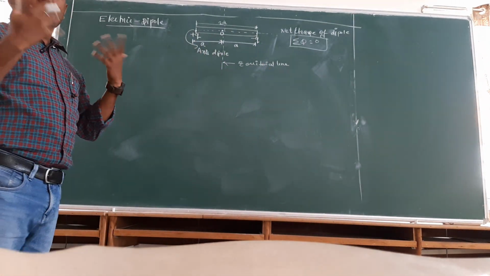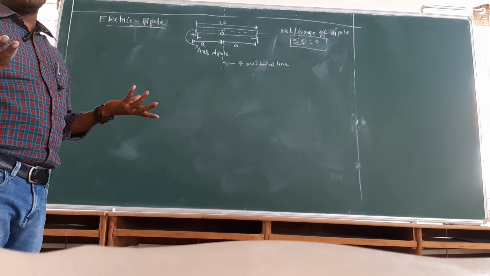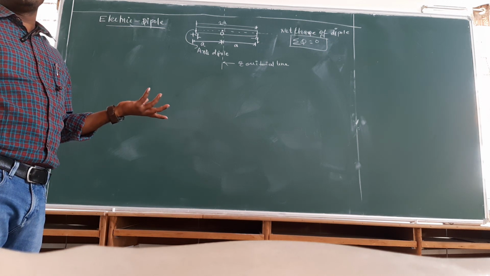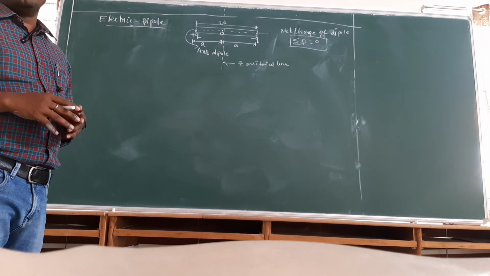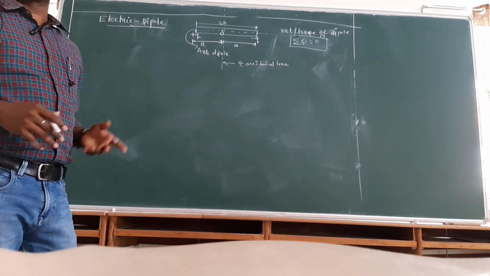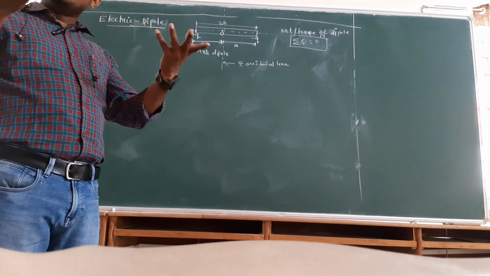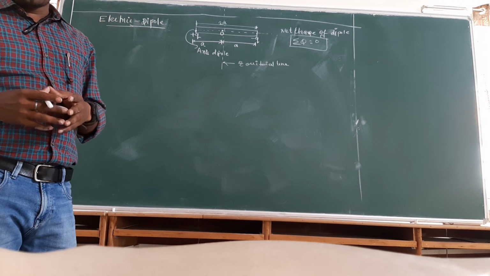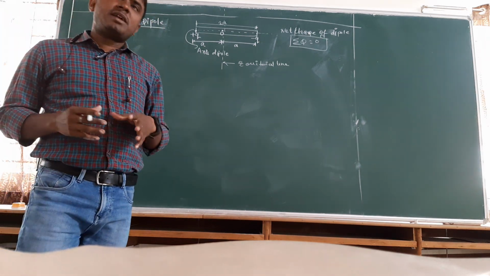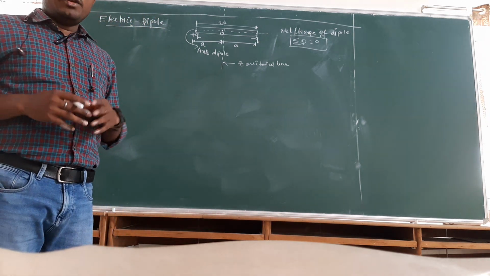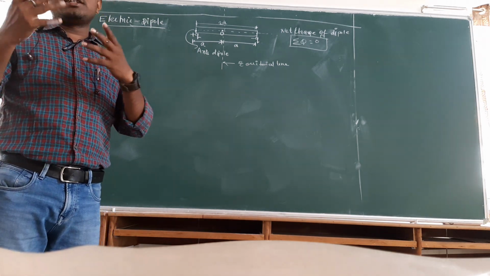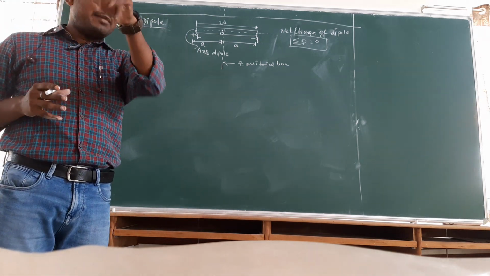Now this was the meaning. What is an electric dipole? Sir, an electric dipole is a system of two equal and opposite charges separated by a certain fixed distance. But if somebody asks you what is the mathematical definition of an electric dipole, then how shall I define it? You must have studied dipole moment in chemistry, right? We have molecules like HCl, with the formal charges. These things we have discussed in your chemistry part.